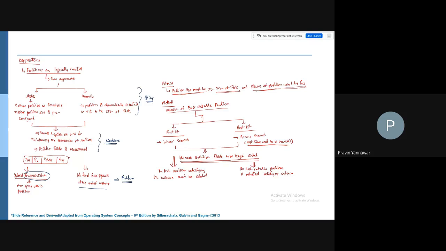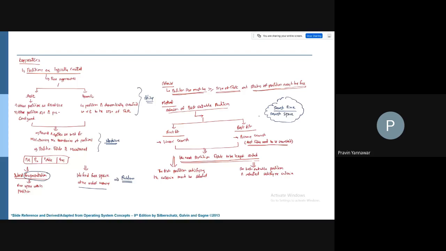The most important thing you need to understand here is what we need to concentrate on. Any idea? We need to concentrate on search time, or on search space.